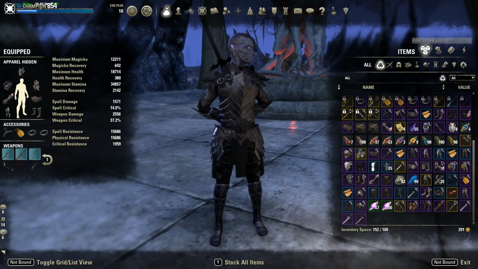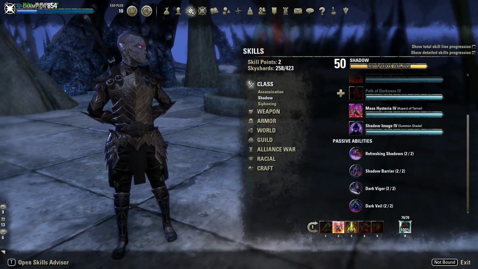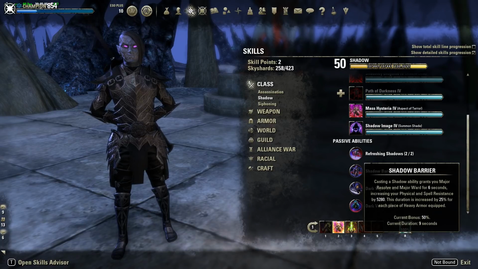the highest possible uptime on Shadow Barrier. Now, Shadow Barrier is a much overlooked passive in the Shadow tree, and you can see here Shadow Barrier. Casting a Shadow ability grants you Major Resolve and Major Ward for 6 seconds, and it is increased by 25% per piece of heavy armor. So if you're running 2 pieces of heavy armor, this goes up to 9 seconds per cast of a Shadow